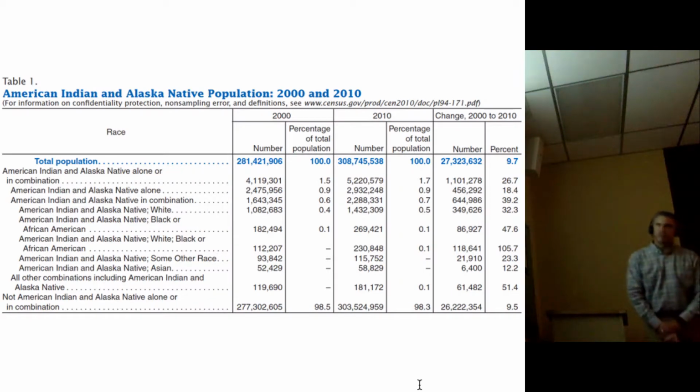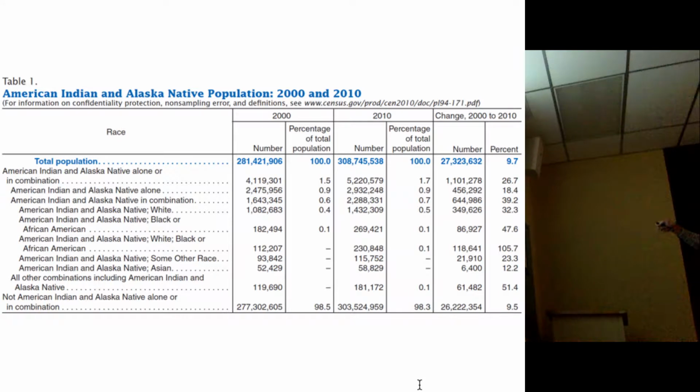All right, this is an awful slide, but it's from a census publication from the 2010 census. This is just a few ways of looking at the numbers, and you have the 2000 and the 2010 census in comparison. If we look at the total population of the United States, in 2000 we were at 281 million. In 2010 we were at 309 million basically. Looking at increases over time, 2000 to 2010, there's a 9.7% increase.